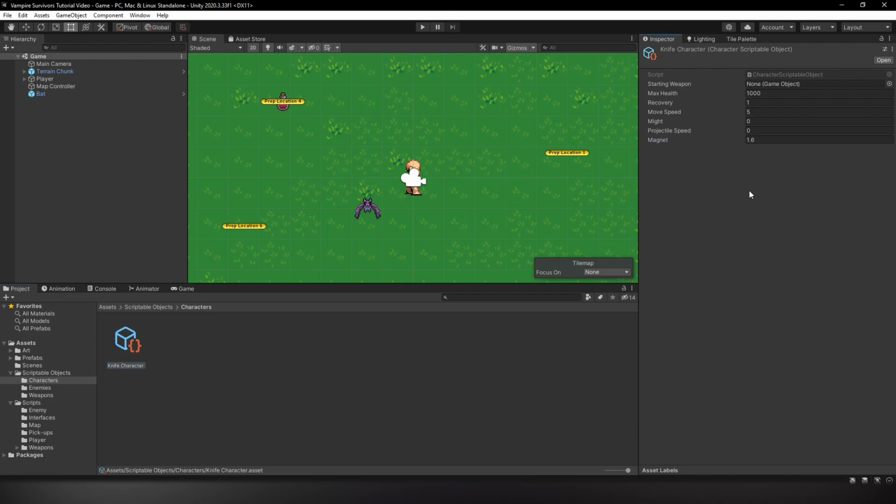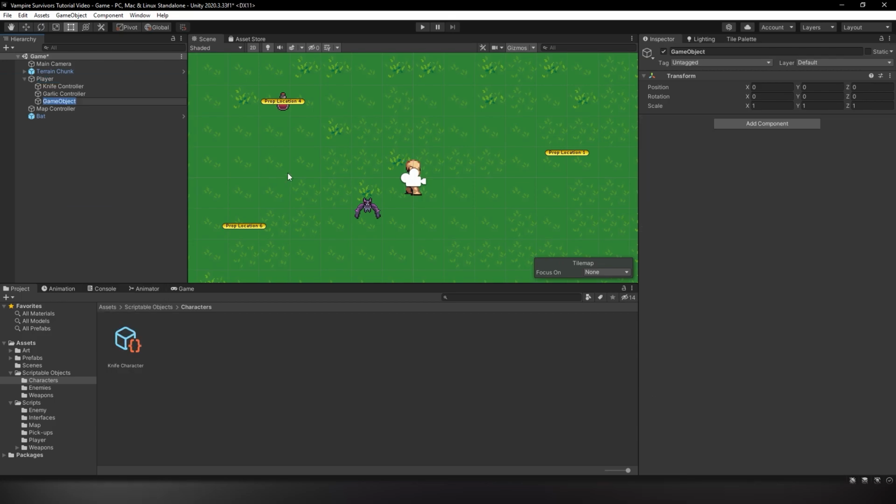Before you hit play, there are a few important steps you need to take. Since we use the Circle Collider 2D component to create the radius of the collector, we now need to create a new empty game object under the player which we'll call collector. Then remove the player collector script from the player and set the Circle Collider 2D to be a trigger, so that it just doesn't affect the player's movement.